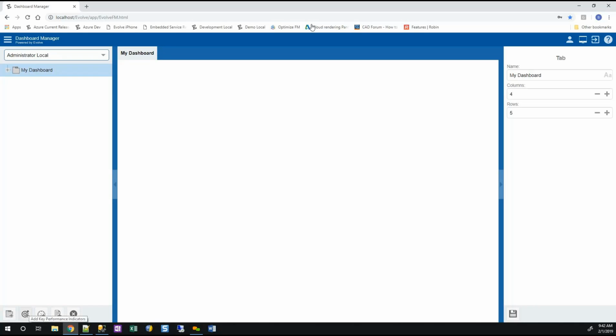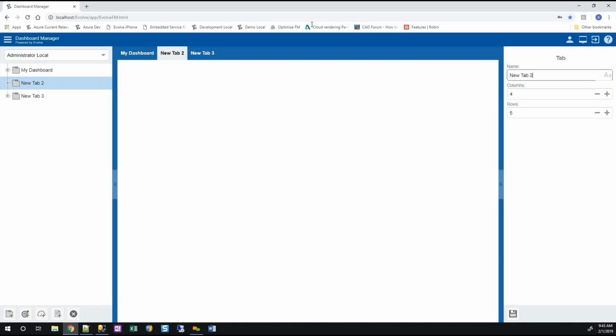I can create tabs. I can add KPIs to those tabs. I can add widgets to those tabs. And I can add reports to a tab that contains a report viewer. So those are really the pieces we have. I can keep adding these things, so I'm adding some tabs. And how do I rename them? What gets displayed to the user? All I have to do is click on something, and you'll see the attributes assigned to it on the right-hand side. So I'm just going to call this tab 1, and therefore,